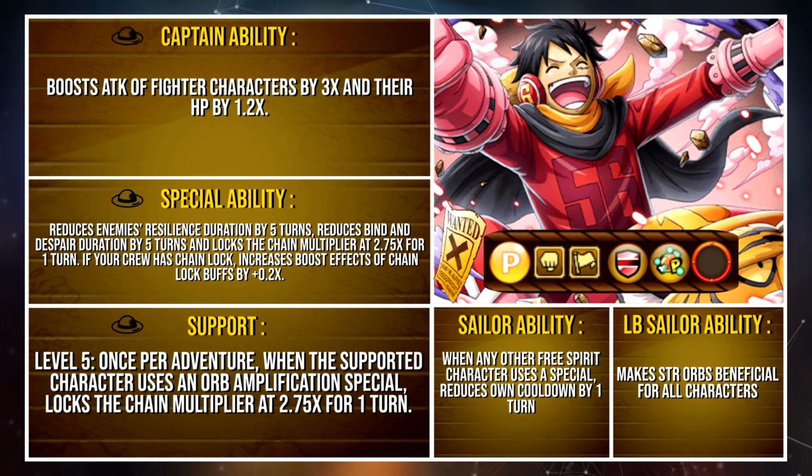Time for the first treasure map rare recruit, Luffy. He will be Psy, Fighter and Free Spirit with 2 limit break abilities: Strength, Damage Reduction and Pinch Healing. For his special ability, Luffy reduces enemies' resilience duration by 5 turns. He also reduces Bind and Despair duration by 5 turns and locks the chain multiplier at 2.75 times for 1 turn. But if your crew already has a chain lock, then he increases that chain lock by 0.2 times,